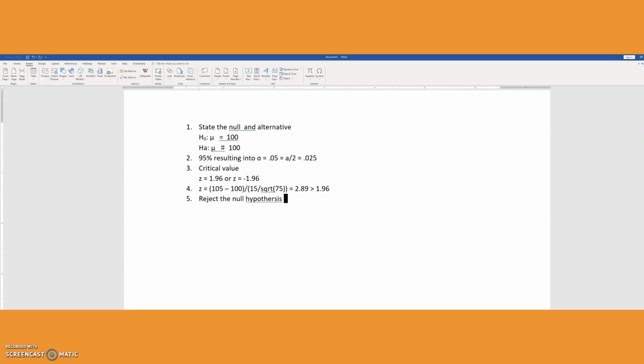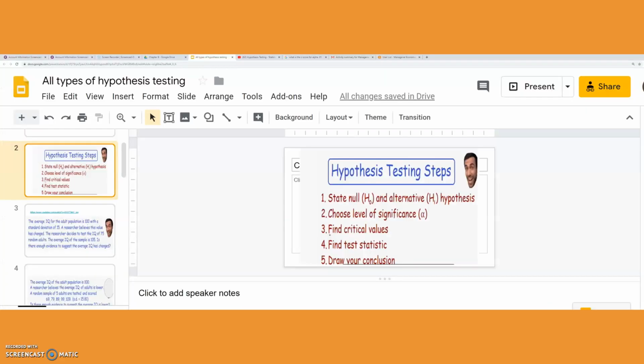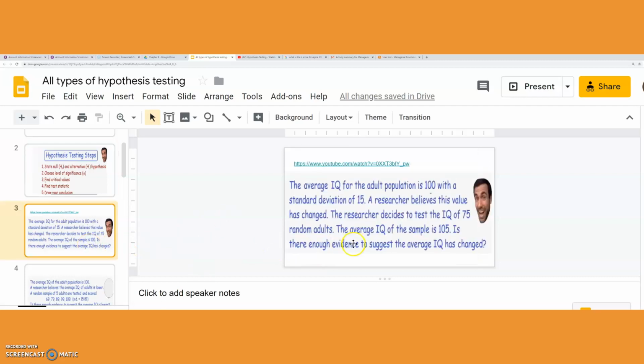And this way we could go ahead and get the statement here by stating that, let's take a look at the problem, and we could go ahead and grab that wording here. Yes, there is enough evidence to suggest the average IQ has changed, because it's not anymore what used to be normally believed, that it's equal to 100, it does actually